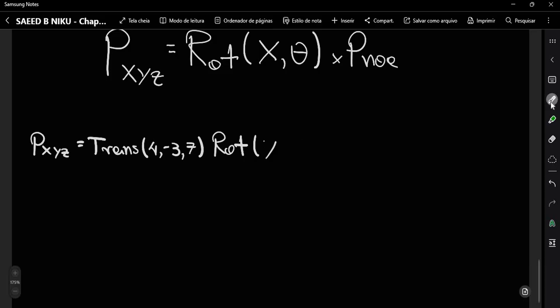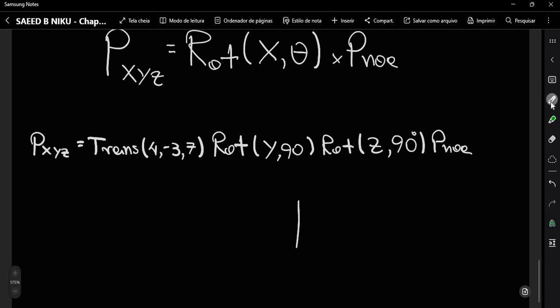So it is a rotation transformation about the axis y of 90 degrees and the rotation about the axis z of 90 degrees, times the fixed reference system linked on the fxyz system. So we have this